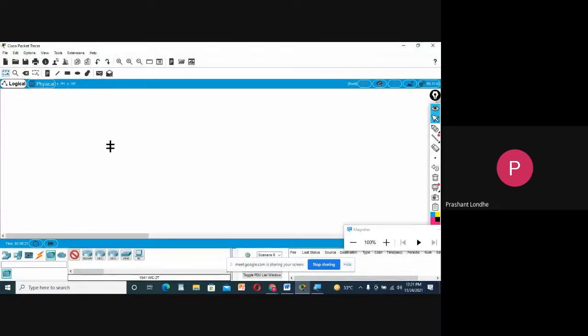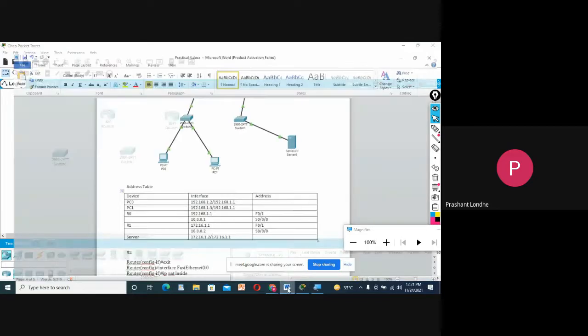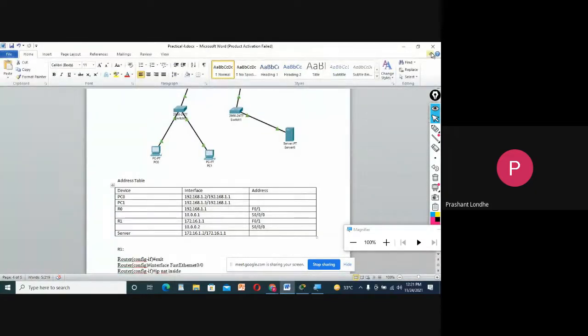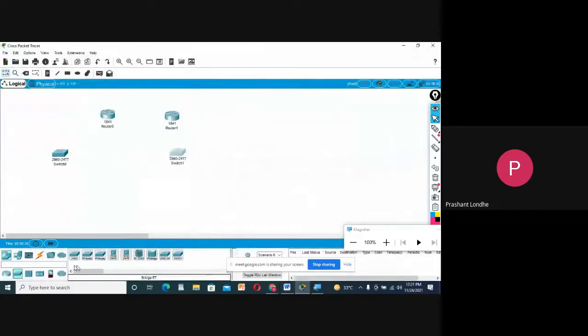2 routers, then 2 switches and 2 machines, and 1 server. So let us connect all those devices.